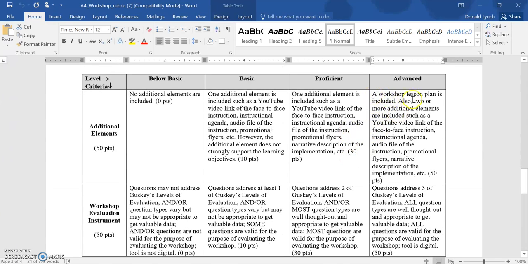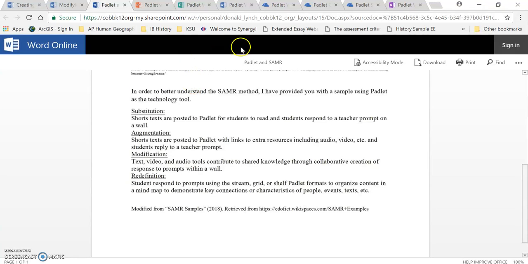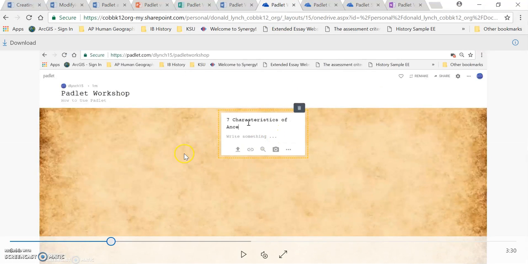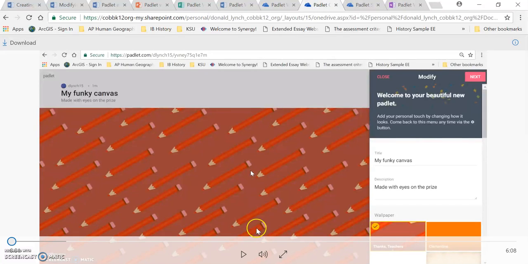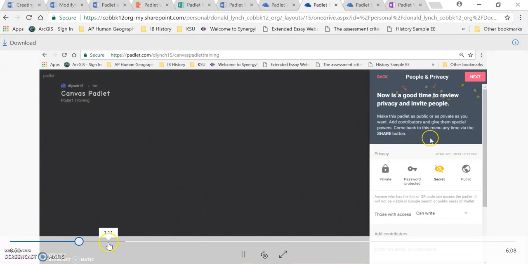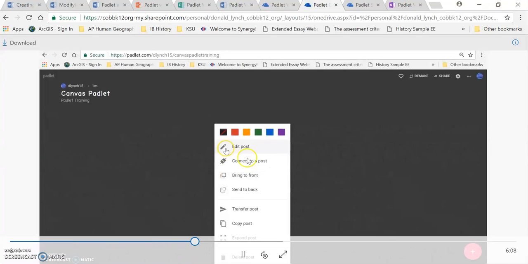This next part, I'll come back to the lesson plan, but 2 or more additional elements are included. And so what I did as additional elements were screencasts for the teachers, showing them how to make posts, how to edit posts, how they could upload information, link information, film students recording themselves talking about their post. And so I did that with 3 different Padlet options. The first one was just a regular wall option. The second one was what we call Canvas, which allows for a little bit more information and more tools where you can connect some posts in here